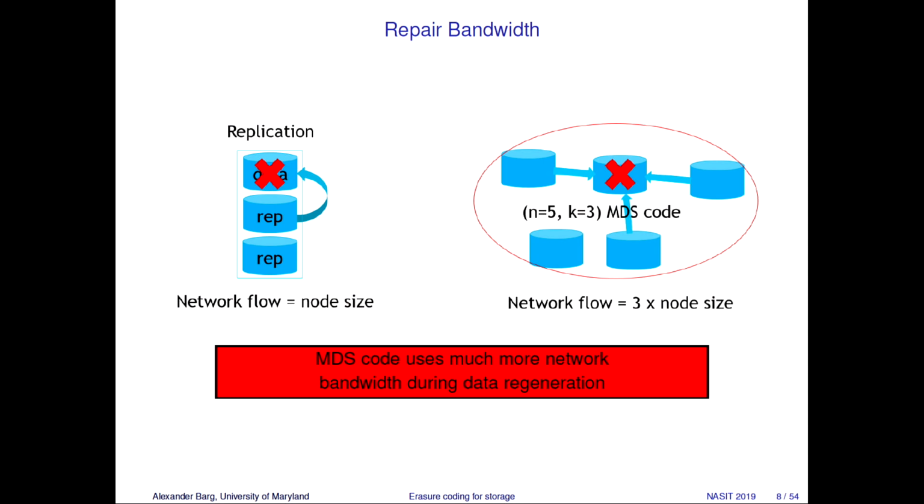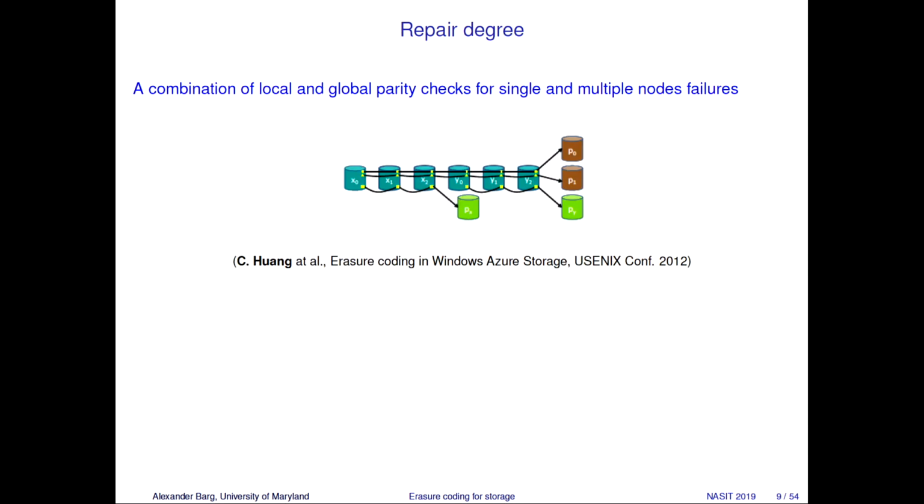So this is where this whole story develops. It's between this storage size and the network traffic. And as we make these problems more precise, we isolate specific research questions, and then we offer solutions. This is one of the first solutions by Cheng Huang and co-authors for Windows Azure Storage 2007, and that was before all of these concepts have been isolated and defined in the coding theory and information theory community.